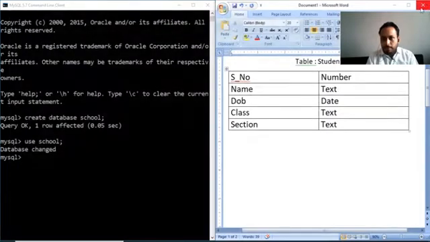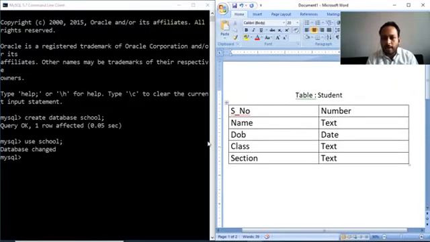Here is a table named student, and these are some columns: serial number whose value is a number, name whose value is text, date of birth whose value is a date, class whose value is text, and section whose value is text. So this is the structure of the table and we have to create this table in MySQL.